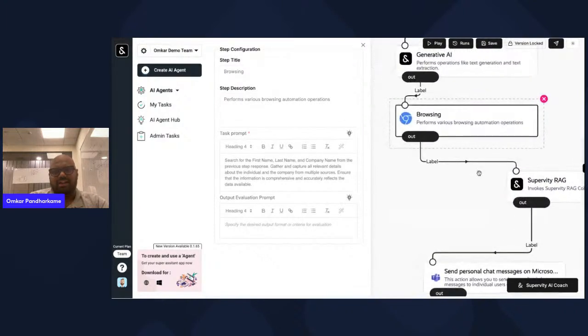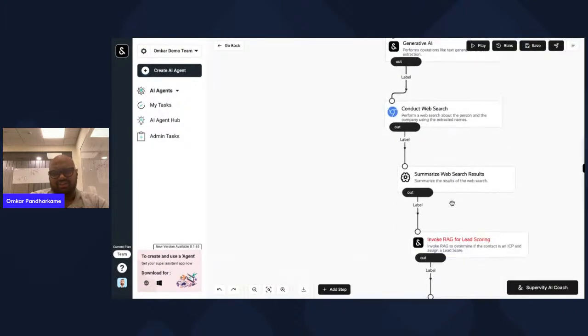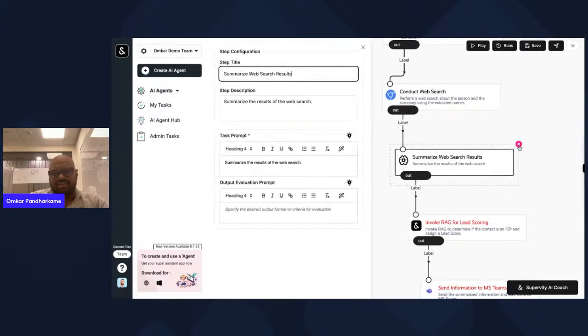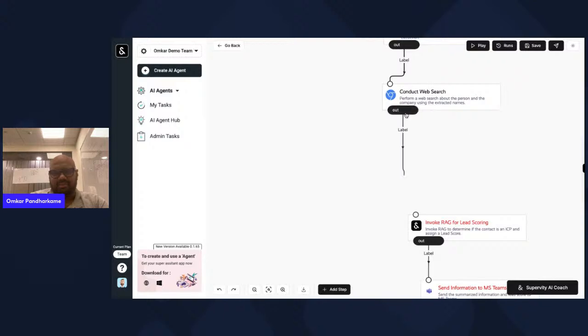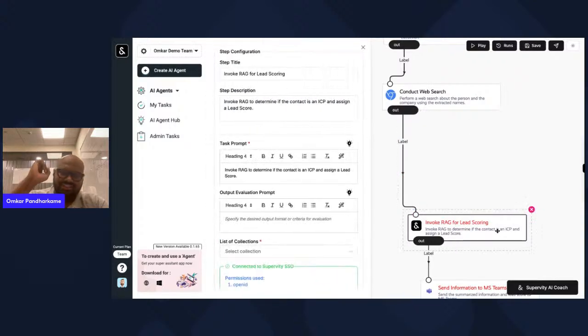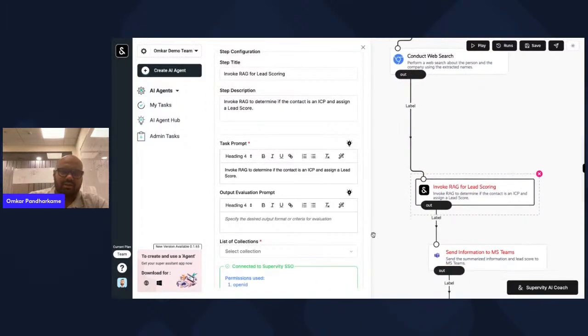So actually I can change this step. I don't need this step because honestly it will give me a summarized result. Now is the most important step, right? When you are clicking on invoke RAG for lead scoring, you have to click on list of collections, and then you remember the first knowledge agent we had created where you had put in the system prompt.